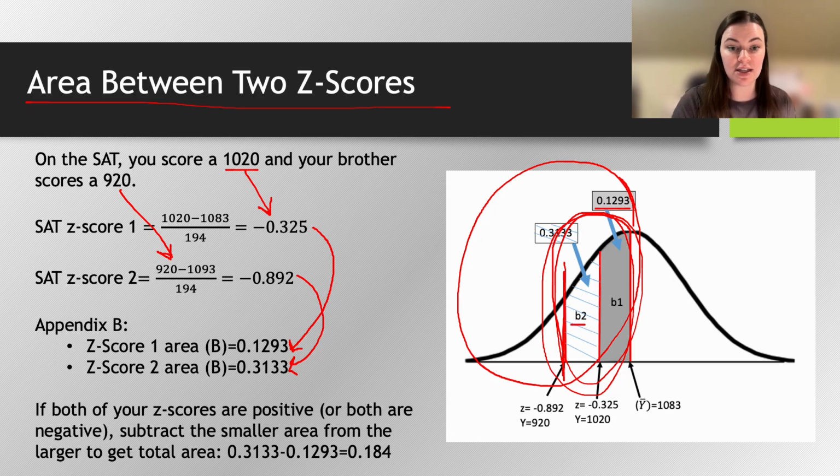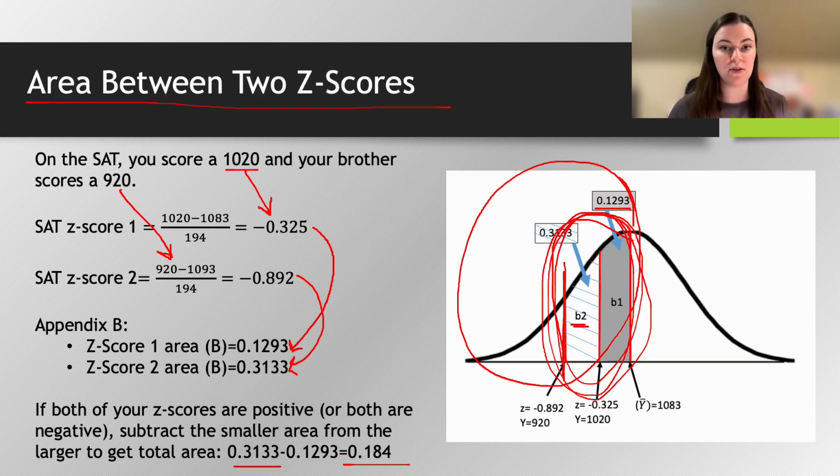And I know my area is between this value here of 0.1293. All I have to do to solve for B2 is take the entirety of the area, which I know from my brother's is a value of 0.3133, and subtract that by my known area of 0.1293. So in this case, this area of B2 is a total proportion value of 0.184. What I can do in terms of the interpretation of this is say that the percentage or proportion of test takers that were between my score and my brother's score was 18.4% of test takers, or a proportion value